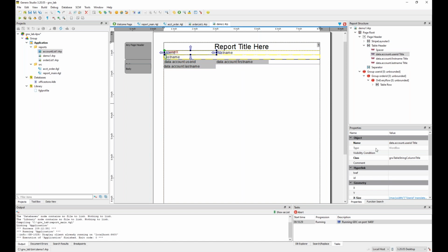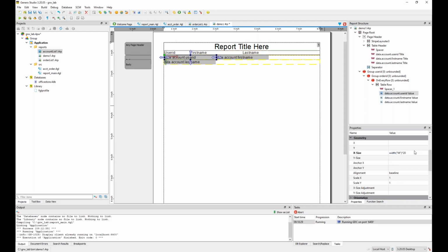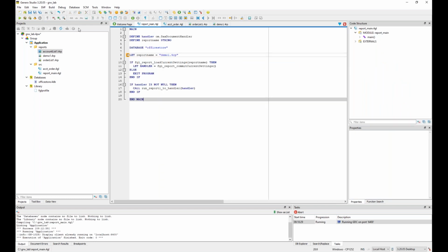Let me change this so things fit a little better for right now. We'll go through what this change is later in chapter 6, but I just want to make it so it's all fitting nicely in one row. Okay, there we go. So let me save my changes. In my report main, I'm calling demo1. If I execute this,